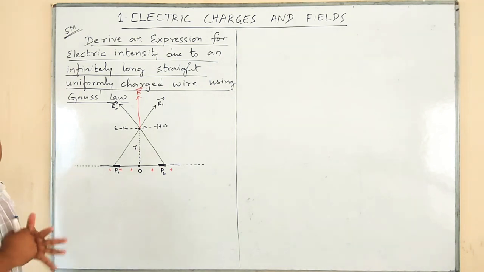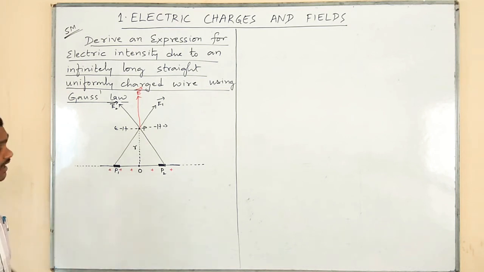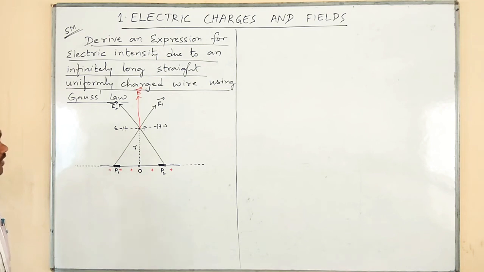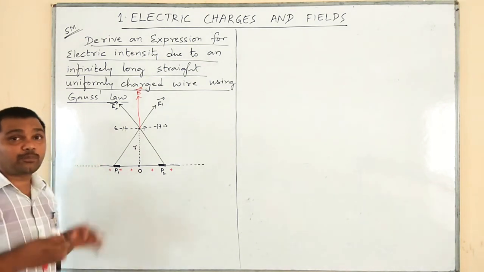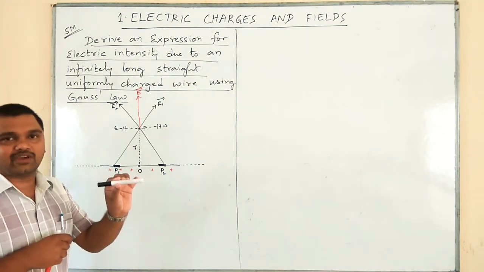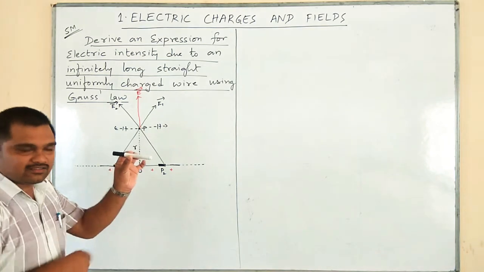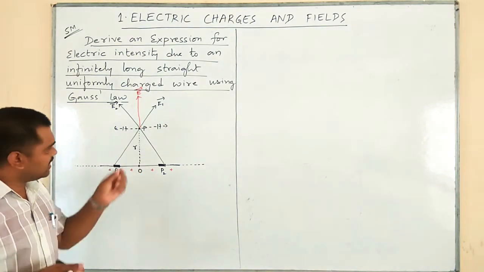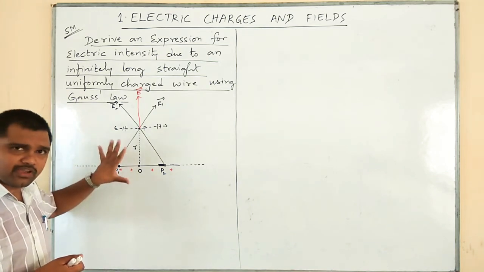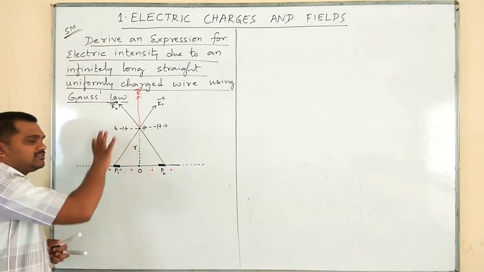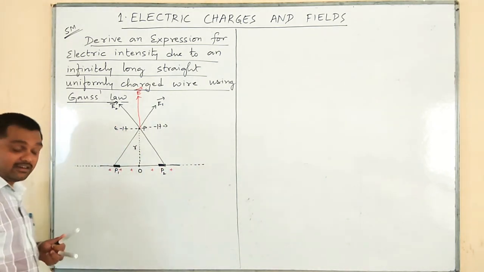Next, how to follow these three rules of Mr. Gauss? The first rule says, imagine a Gaussian surface symmetrical to the charge distribution. Okay. If we go to the macroscopic view of any conducting wire, for example, this is a wire, if you zoom it, then it looks like a cylinder, isn't it? Because the macroscopic form of a wire gives us the cylinder. Therefore, we have to imagine a cylindrical closed boundary over here.